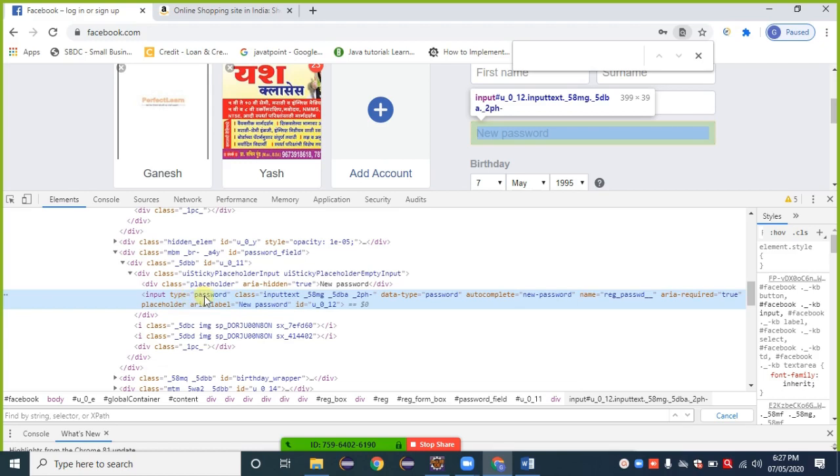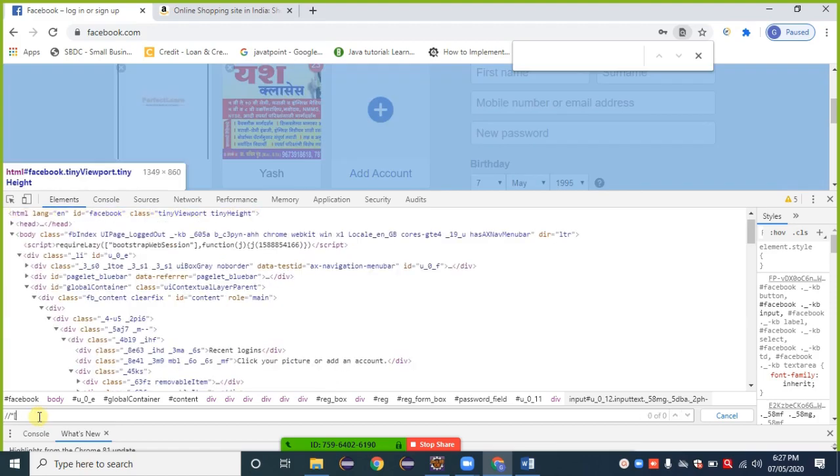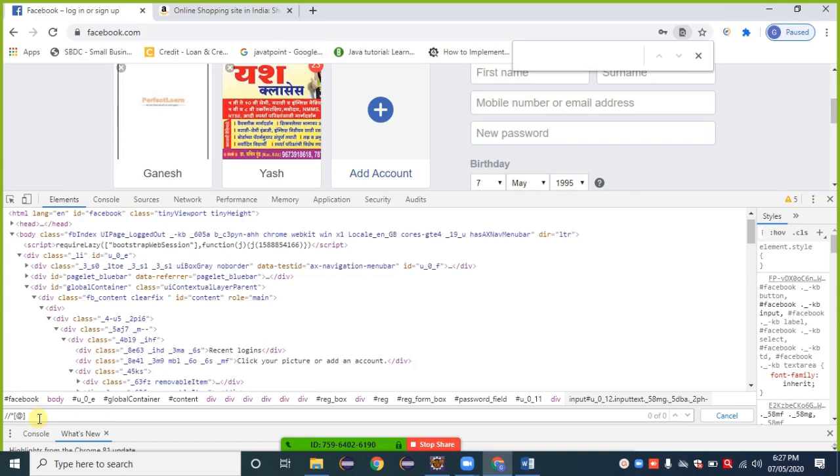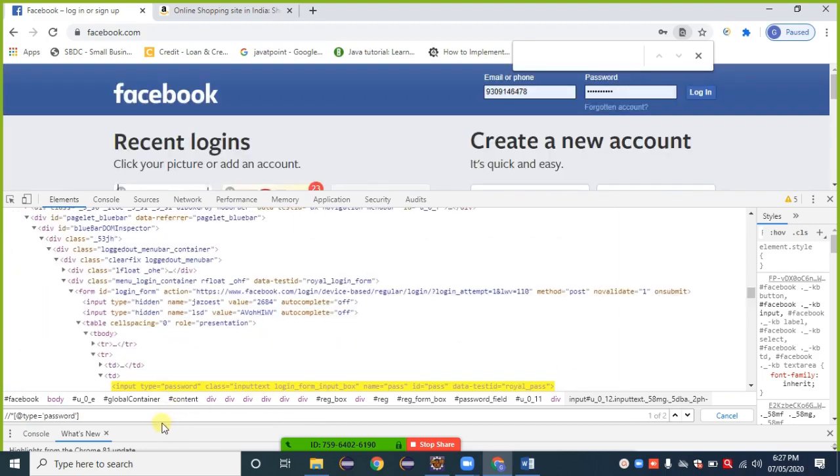Type is equal to password is given here. Double click, Control C. Inside that I provide two slashes, bracket, @ type is equal to single quote, and that value, Control V. Observe that here we get 1 of 2.